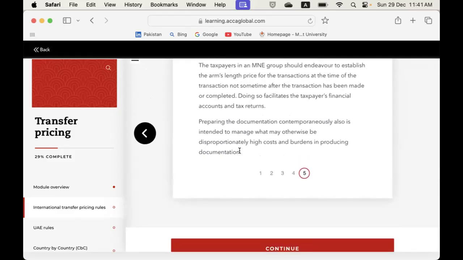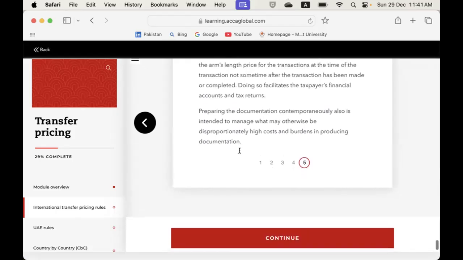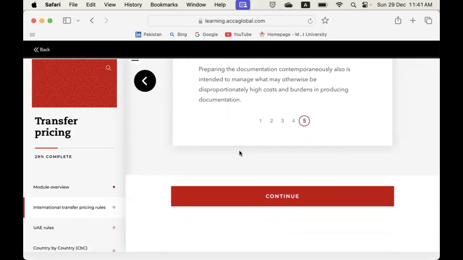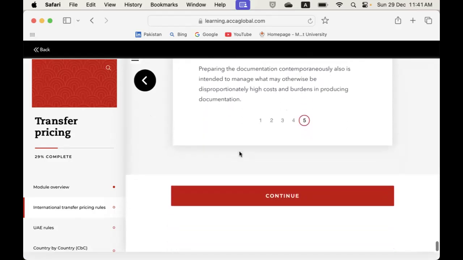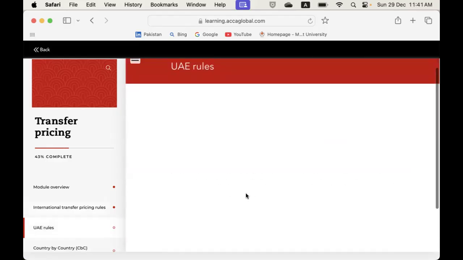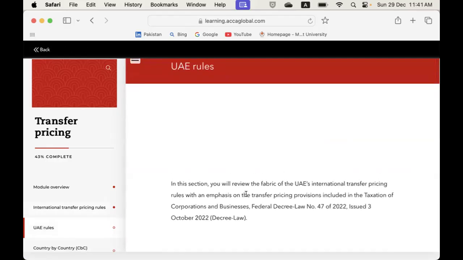or even if it is not an MNE but the transfer pricing compliance applies to it, in UAE it does. Maybe very few of you might know that even if a group is not a multinational enterprise in UAE, sometimes the transfer pricing documentation requirement applies to it. Anybody knows that? Yeah, for example, if your